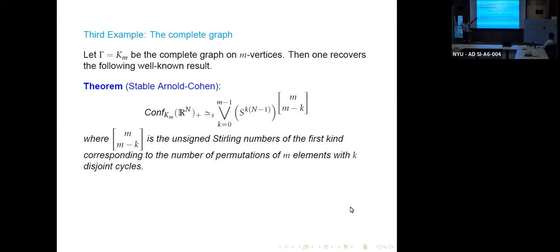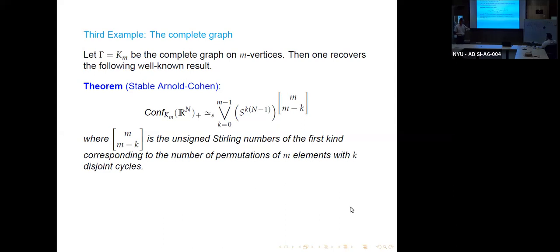And then, of course, you get the stable Arnold-Cohen result, which everybody perhaps knows, the usual configuration spaces of distinct points, that Urs and Hisham use all the time. Because when Km is the complete graph, you get the configuration space. And then when you stabilize it, after one suspension, you get this. The proof of the suspension